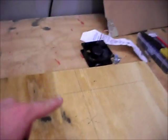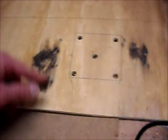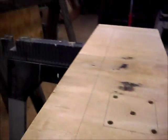Okay, well, while I was recording myself drawing out the fan, I kept dropping the camera, and that caused it to shut off and cause a file corruption. Wonderful. So, I don't have that file any longer. Okay, so what I'm going to do here,